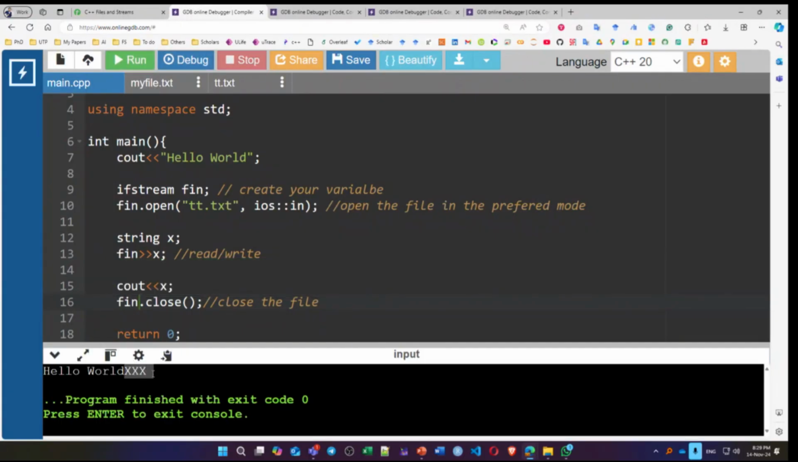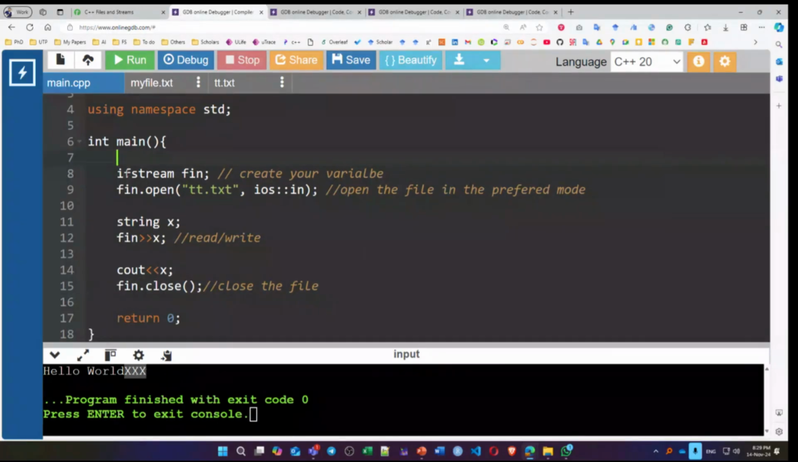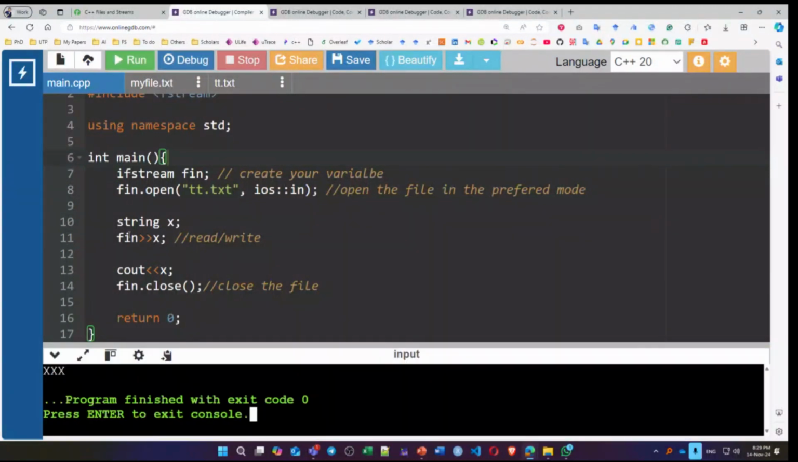As you can see, we have this one, XXX. From where I got this XXX? The previous one we know, I have hello world. I can remove the hello world. So when I run my code now, you will see that we have XXX. So I read the content from the file into the variable x. Then after that,